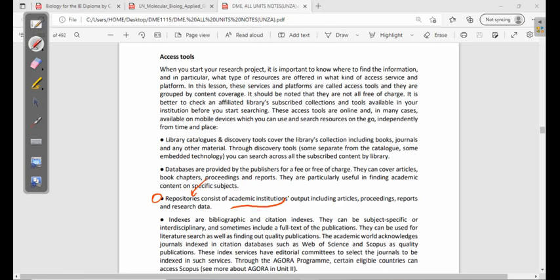That is a repository. It consists of articles, proceedings, reports, and all researches which have been made by an academic institution. Just like the University of Zambia, it might also have such, where if you want to get information about the institution, about the discoveries of the institution, you visit that kind of access point. Okay. So we also